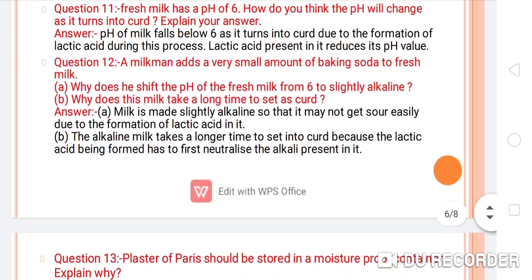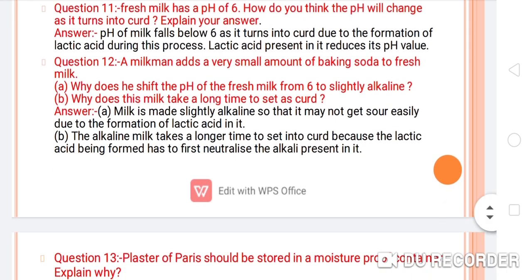Okay, now question number 12. A milkman adds a very small amount of baking soda to fresh milk. Why does he shift the pH of the fresh milk from 6 to slightly alkaline? Why does this milk take a long time to set into curd? So the answers are: